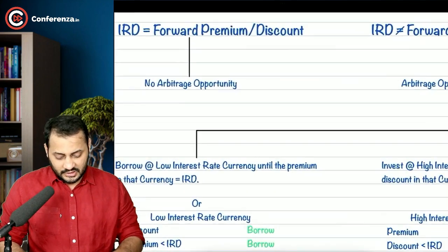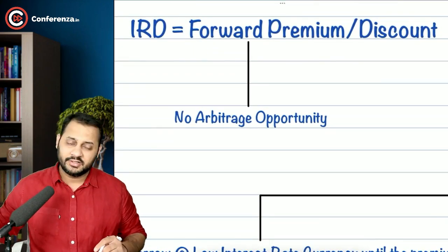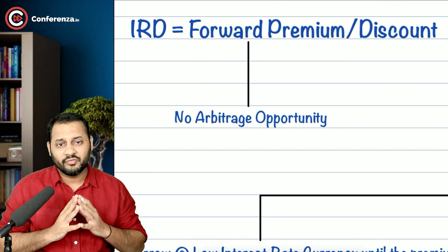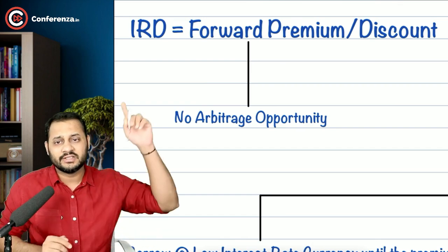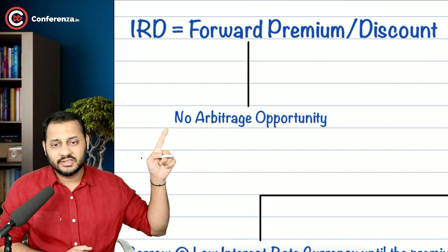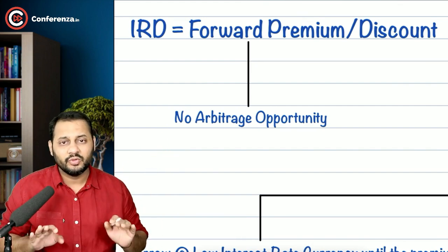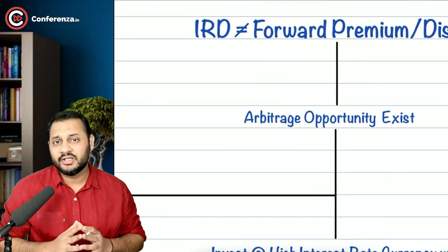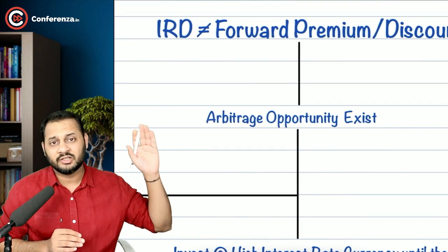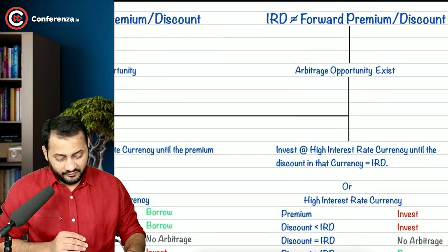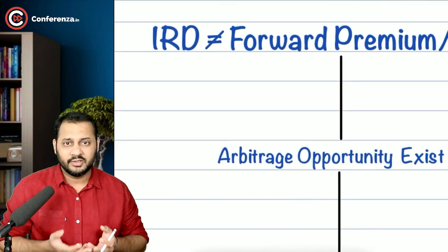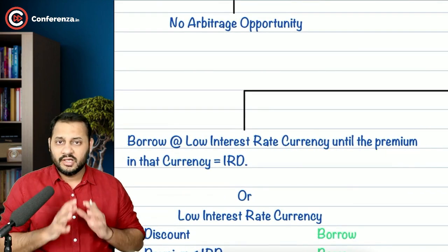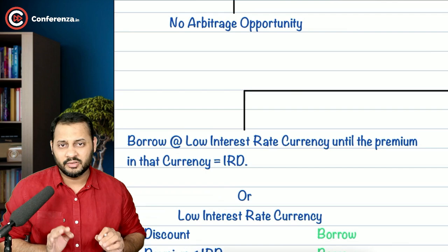This is the entire chart that you have to consider. I'm going from the beginning and revising the entire thing. The very first step is to calculate the interest rate differential and then find out whether the forward premium or discount is equal to the interest rate differential. If it is equal, then there is no arbitrage gain possible. But if it is not equal, then obviously an arbitrage opportunity exists. It might be higher or lower, but whatever it is, the only thing you have to remember is